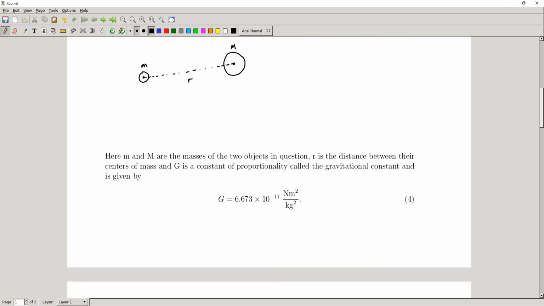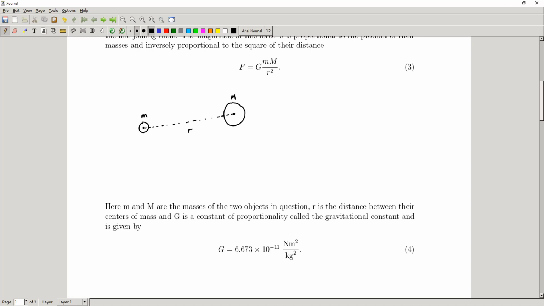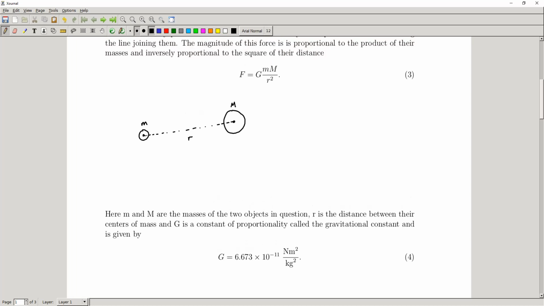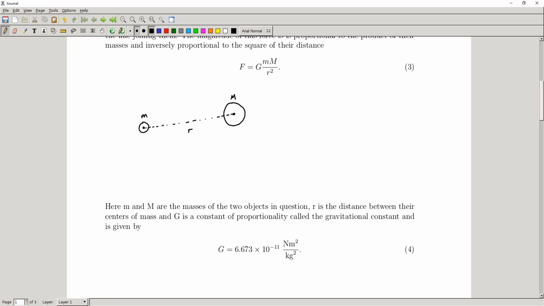Okay, and so we talk about that here, and now we write down a numeric value for our capital G. So capital G is actually 6.673 times 10 to the negative 11 Newton meters squared over kilograms squared. And we need those units so the whole thing works out. We may talk about that in the future as far as dimensional analysis goes, but for right now, this is the G that we need. And if we have lowercase m, capital M, and r, which are defined in my drawing here, we know what G is. G is just a constant. It's always the same everywhere. So if we have all those values, we can calculate what F is,